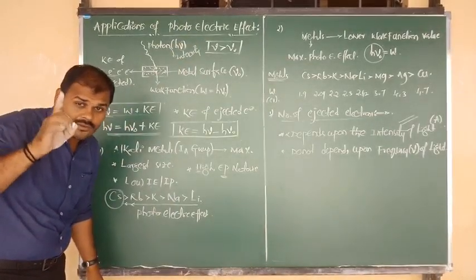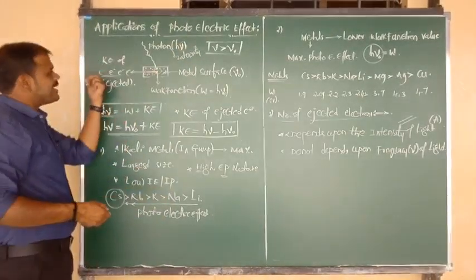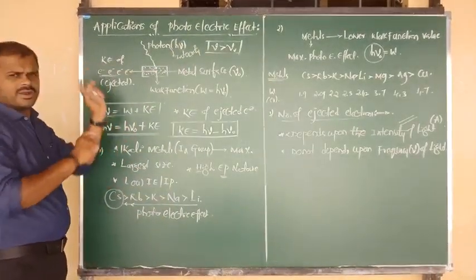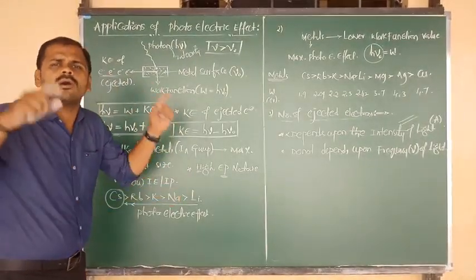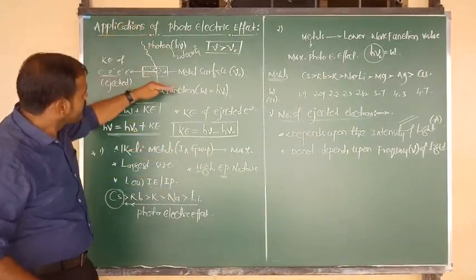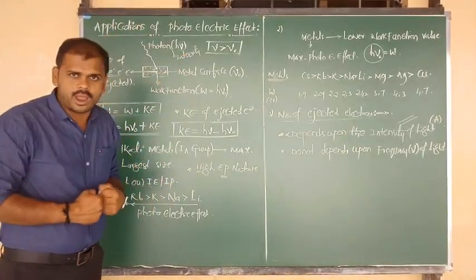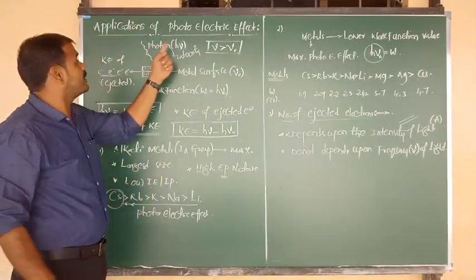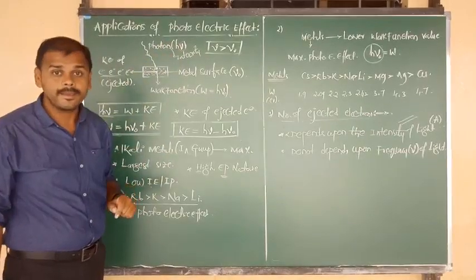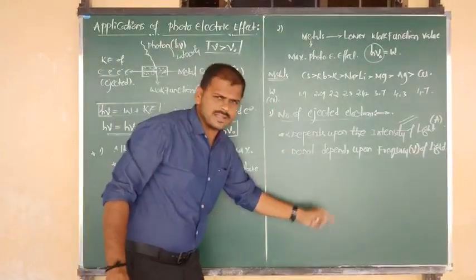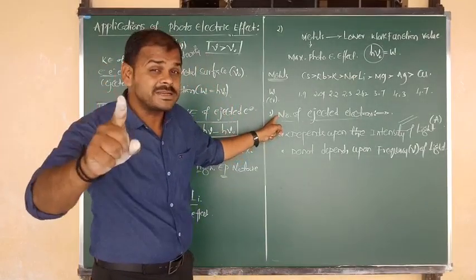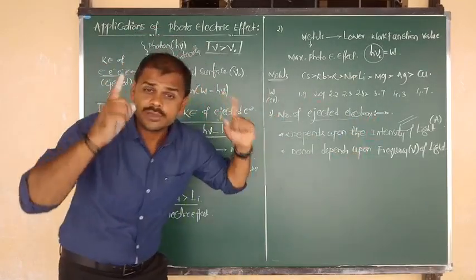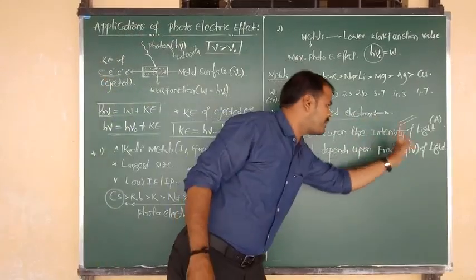Lot of differences there. So whether it is 5 electrons or 6 electrons, the number of released electrons is directly proportional to the intensity or brightness of the light, but does not depend upon frequency. Based on these concepts, in the third application, the number of electrons depends upon intensity, brightness or amplitude, and not upon the frequency of light.